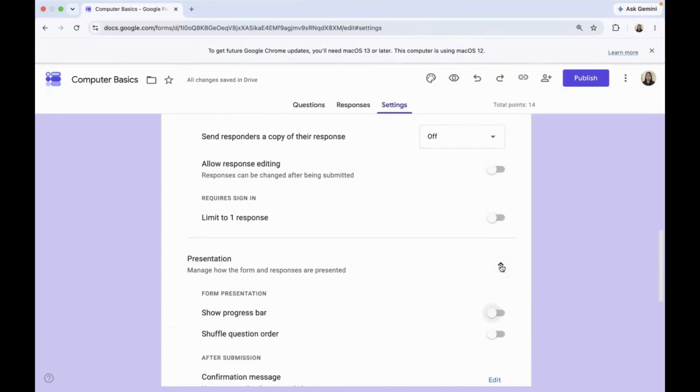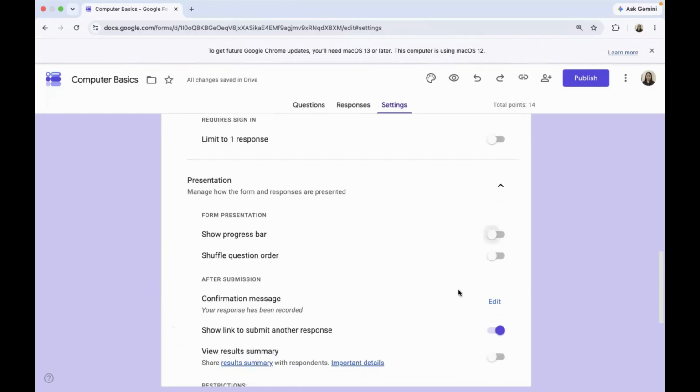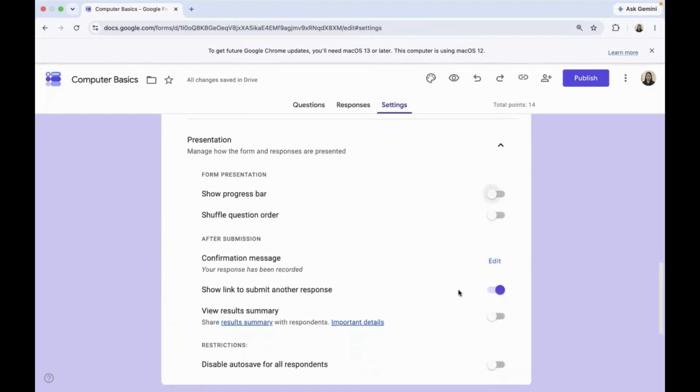As with the presentation, you can also adjust or set the following things. So I would like to show the progress bar and I would like to shuffle the question order so that students will have different sets of questions if they are to take the test simultaneously.